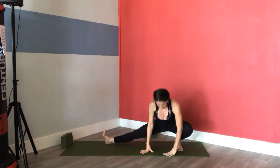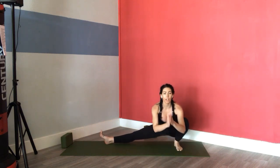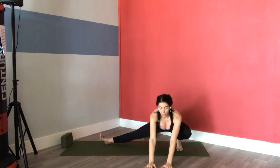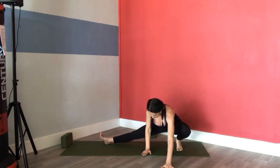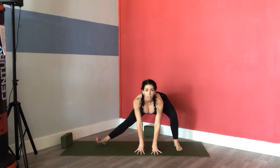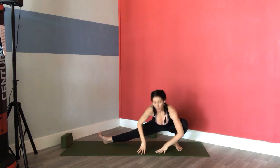Now get comfortable, as comfortable as you can. Now maybe your heel is touching, and maybe it's not. It's okay if it's not touching today. You can keep your hands in front of you like this for balance. You can keep your hands here in the middle. Maybe you can't come all the way down, so you just come as far as you can. So even this is okay. Do whatever is comfortable today. But if you can, if your heel is touching the ground,